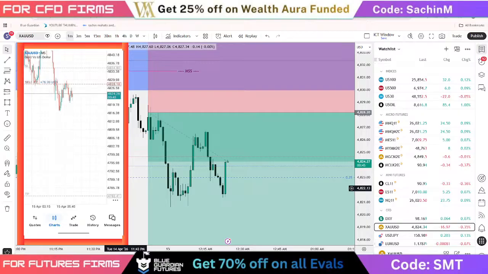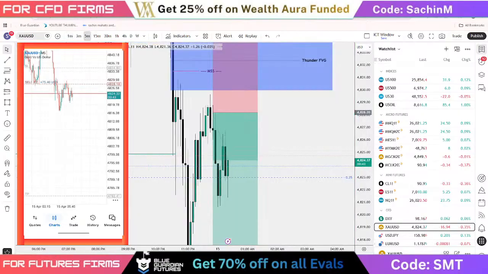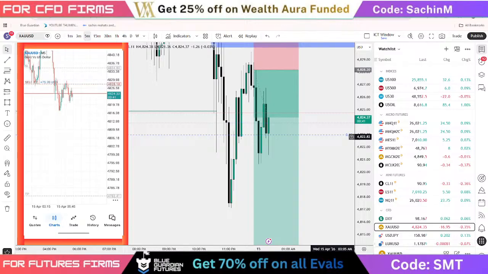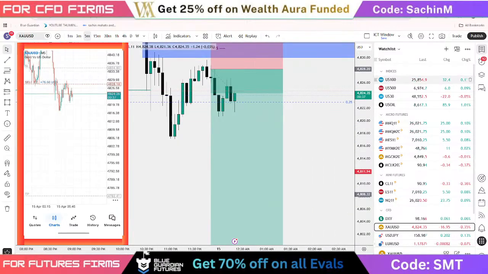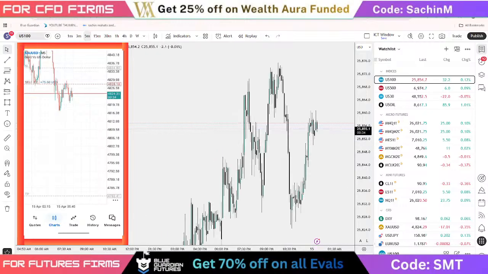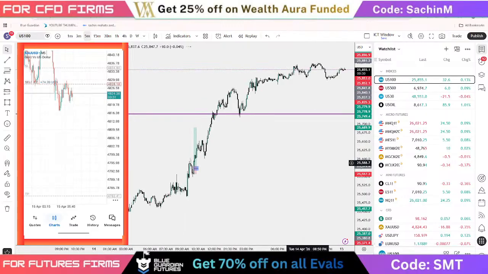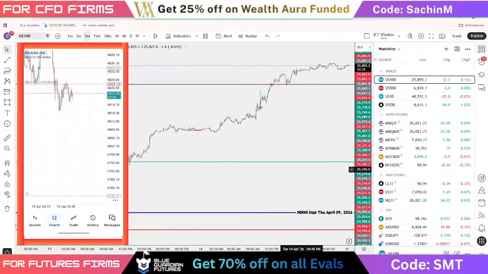Actually, we trade on the 1 minute time frame. The 5 minute time frame is really not our thing. But still, let's watch and see if it goes to our level. Let's look at US 100 till then. Is it still going in the bullish momentum? Yep, the market is just going bullish.